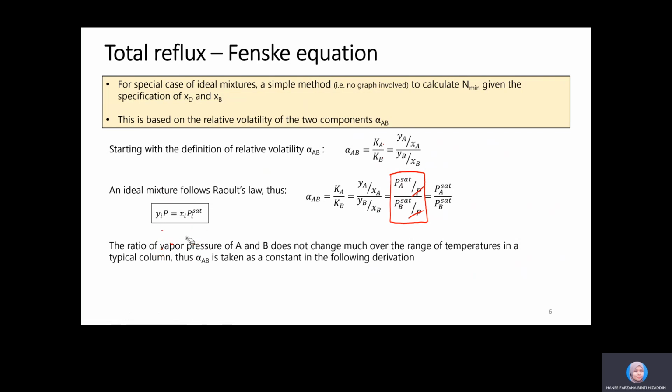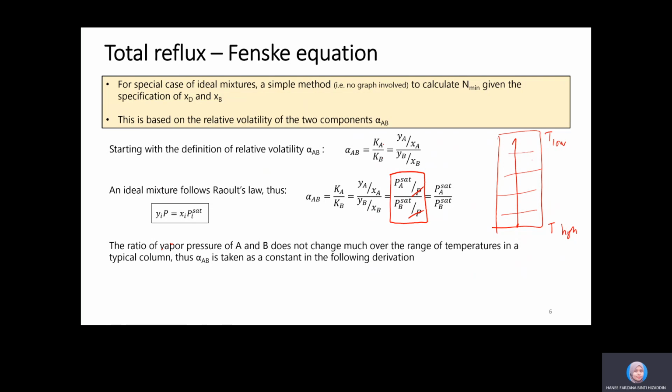And the ratio of the vapor pressures of A and B does not change much over the range of temperatures in a typical column. Because you know vapor pressure is dependent on the temperature, and throughout the column the temperature is not constant from the bottom to the top. The bottom is at the higher temperature and the top has a lower temperature. So there's a temperature profile throughout the column. Thus, because saturated vapor pressure depends on temperature, you will have different PA sat and PB sat at different trays